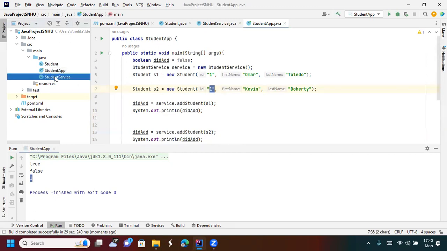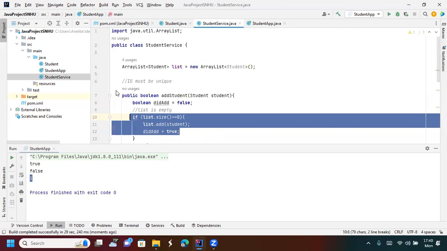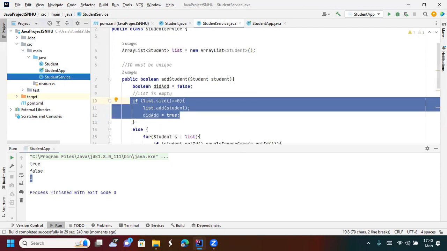Okay, so I hope this video helped you remember how to create a class like student service, the context service to add objects. Okay, let me start with